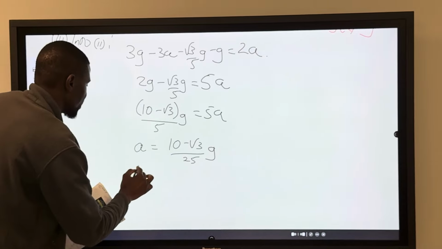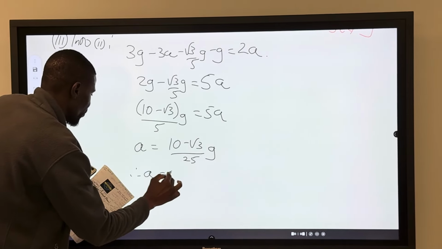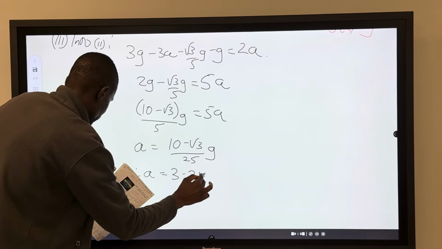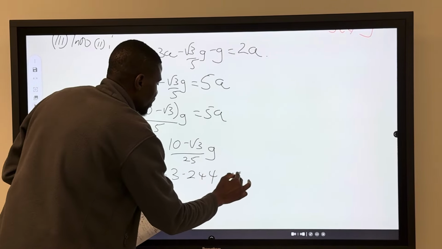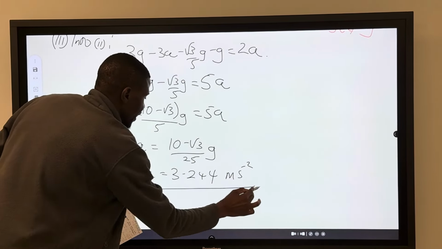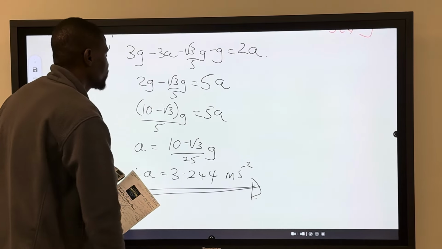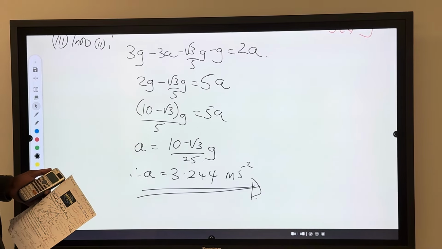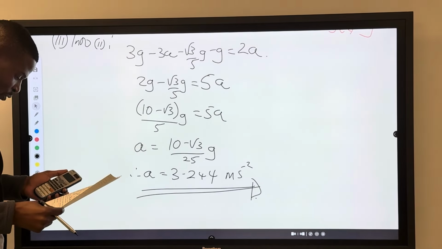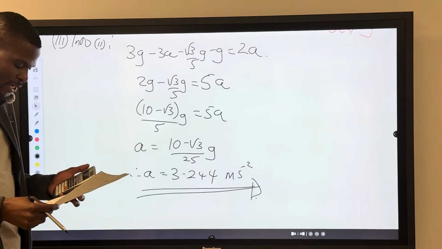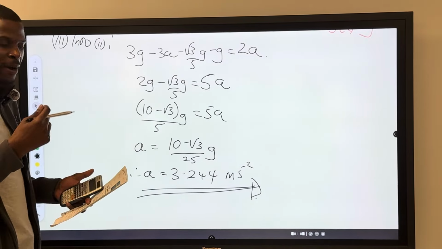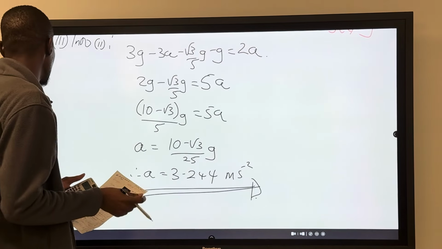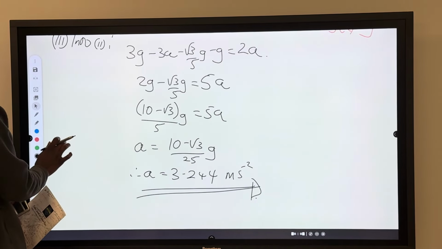Okay, so therefore A is equal to 3.244 meters per square second. So that's our acceleration here. So now that we have the acceleration, we now have to move on to part B of the question, where we need to calculate the tension in the string. Remember, the tension is uniform here. So on part B,